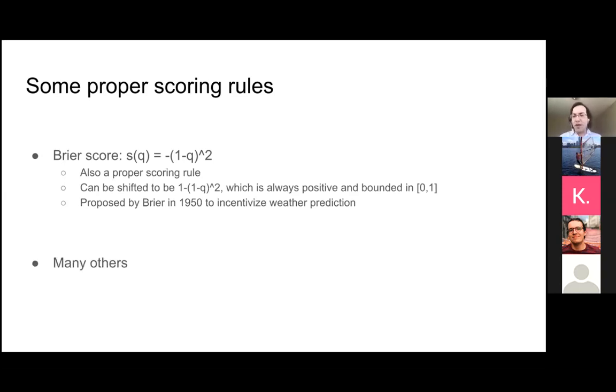It turns out there are many other scoring rules. This surprised me when I first encountered it, but almost every function you pick out of the hat turns out to be a proper scoring rule, except for the couple illustrated at the beginning that weren't, such as having the reward be proportional to q. There really are a surprising number of these functions, whole families of them.